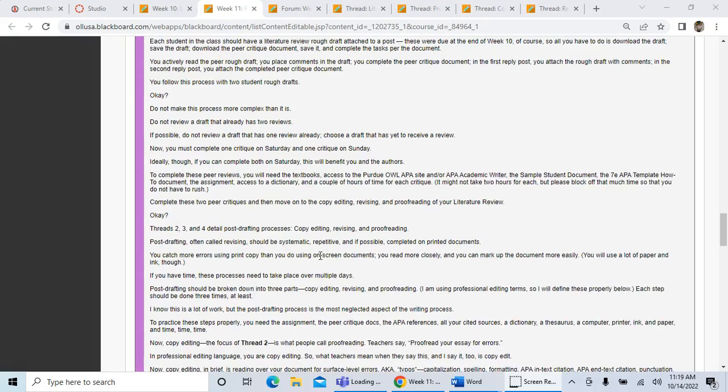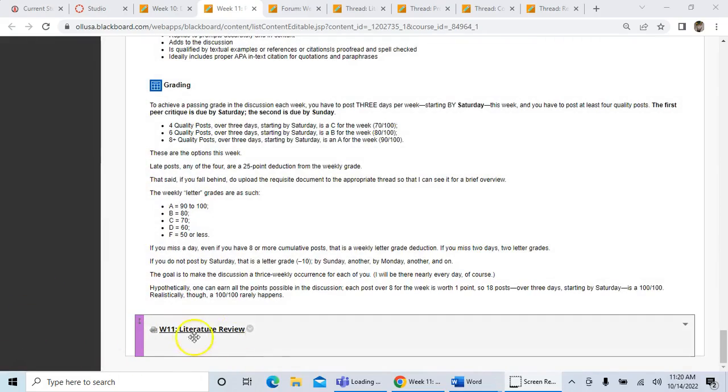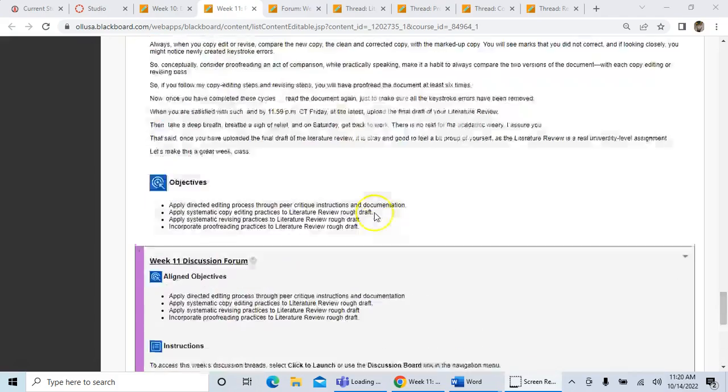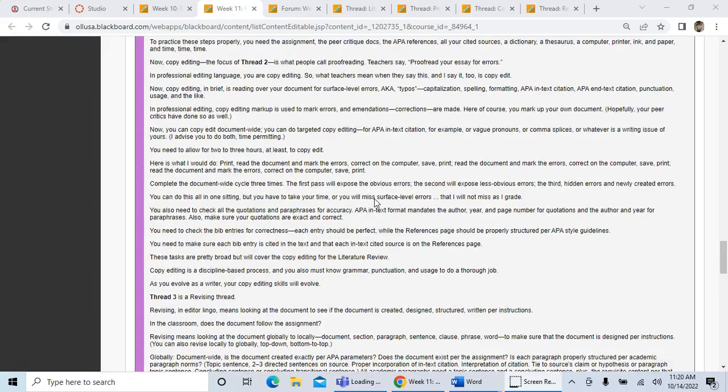So week 11, what you're going to be doing is the first 2 days of the week, you're going to spend peer reviewing the drafts of your fellow students. So you'll have one of those that you'll turn in on Saturday and one you'll turn in on Sunday. You can do them both Saturday if you want to, though. And then the rest of the week you will spend revising and editing your own paper, at the end of which you will turn your own paper into here. And so I'm going to go ahead and take you through the process of all of the different steps you're going to take this week,